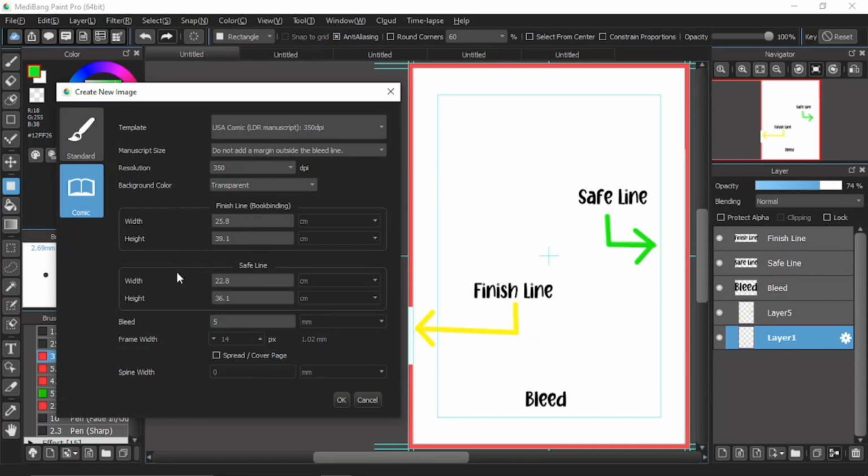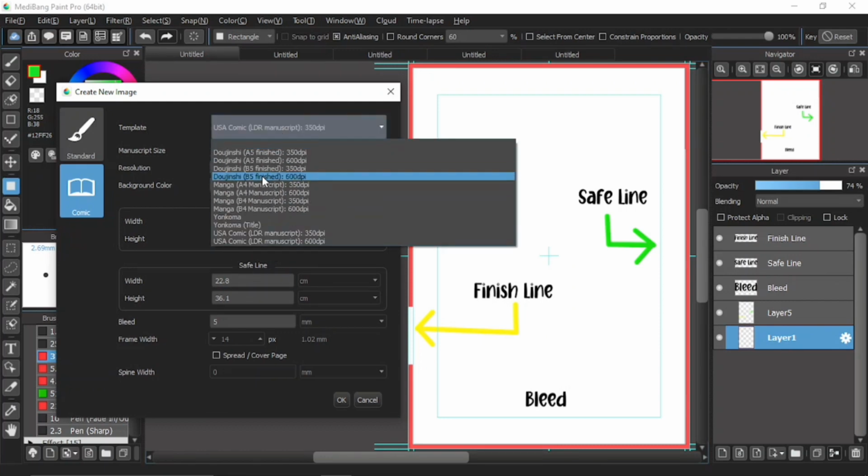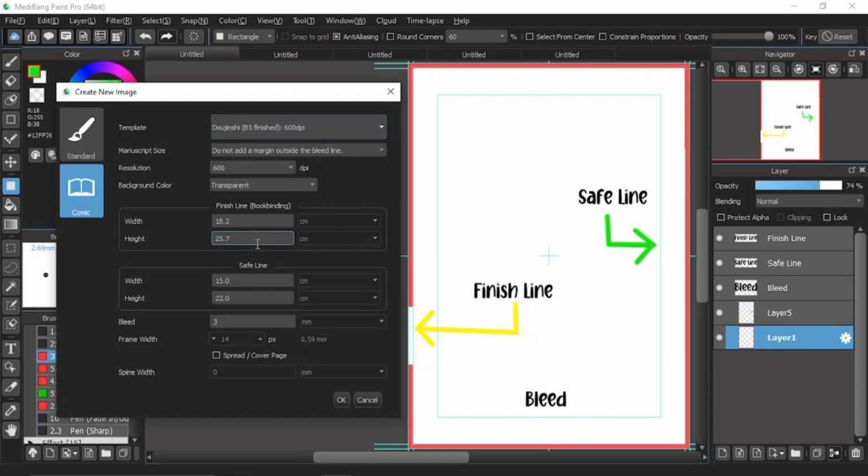Since you know about the finish line, the safe line and the bleed, you'll know what to decide for the width and the height of the measurements. The unit for measurement is centimeter, cm, and it cannot be changed. The width and the height of these lines are automatically set when you pick a template. So you don't need to think much of what measurement number you're going to put in here,